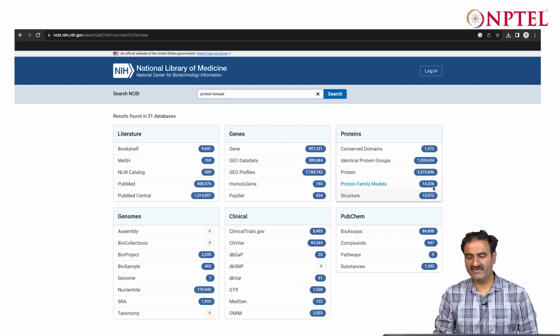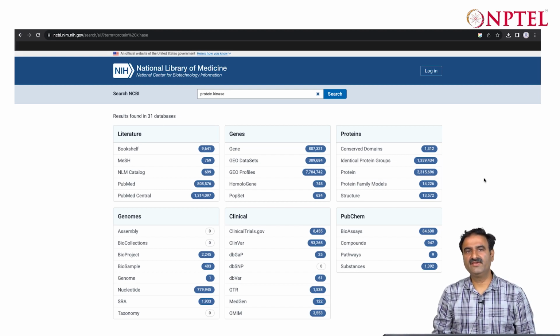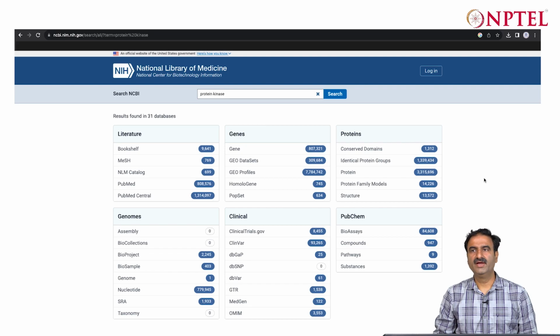You can get several hits. There are more than 3 million proteins available with the keyword protein kinase. So basically it will not only search for protein kinase but also for anything related to protein kinase. That keyword has to be there in